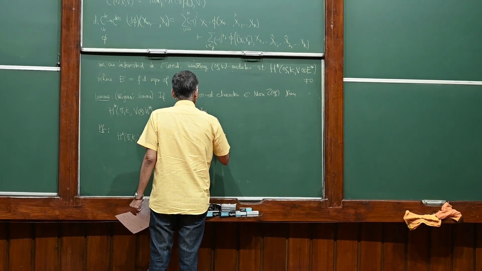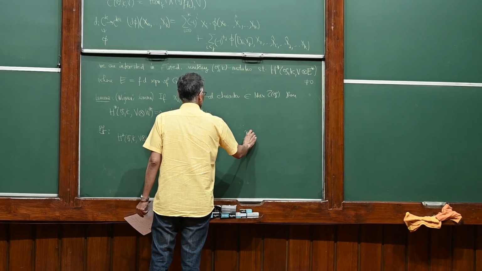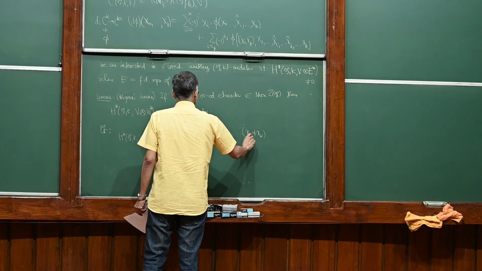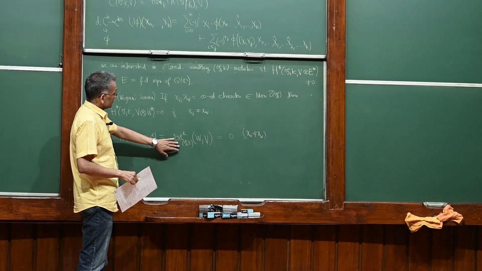And now a very general argument tells you that this is 0 if chi v is that. Just to say why, if in particular